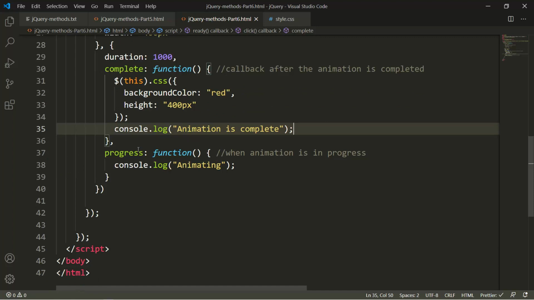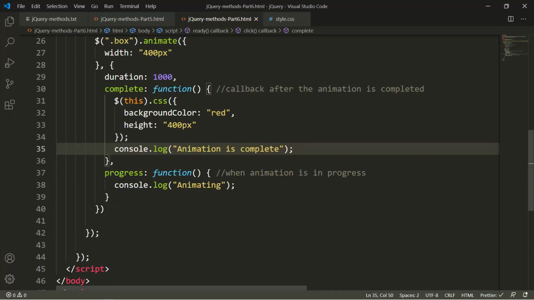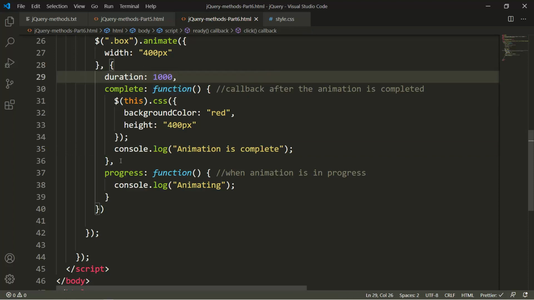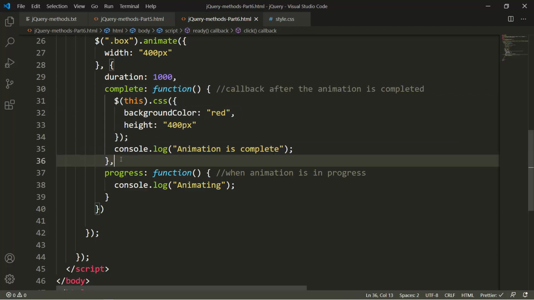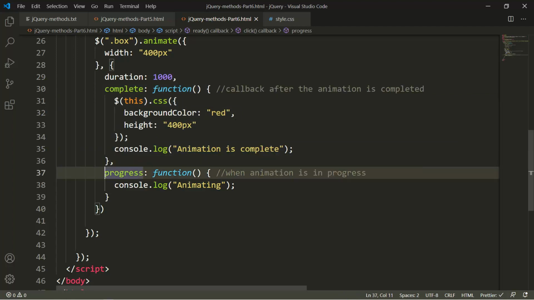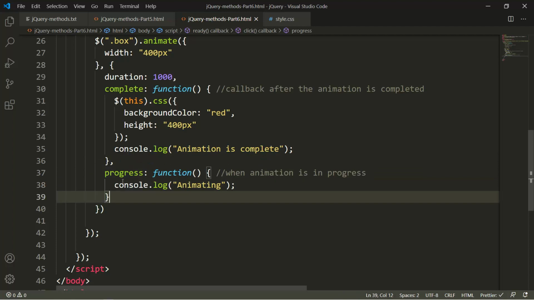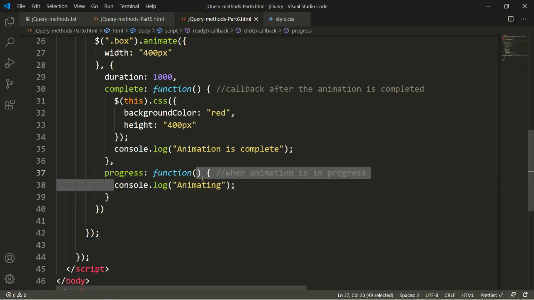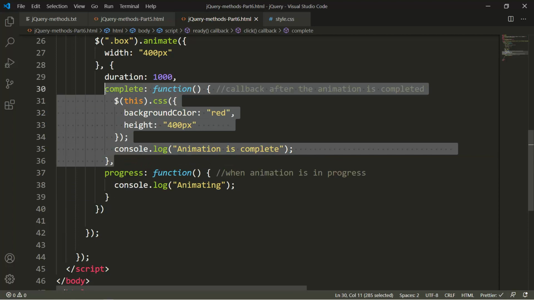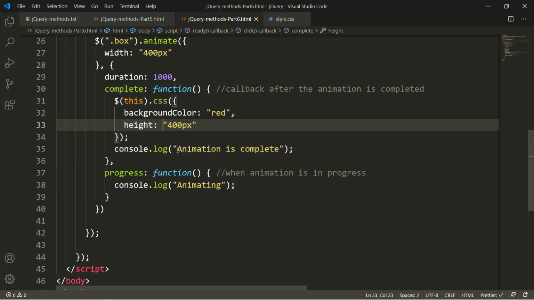So let's review this again. In the configuration object I have passed duration, and I have passed the complete function, which is called after the animation has completed, and there's also the property progress, the progress function, which will be called while the animation is still in progress. So let's look at both.